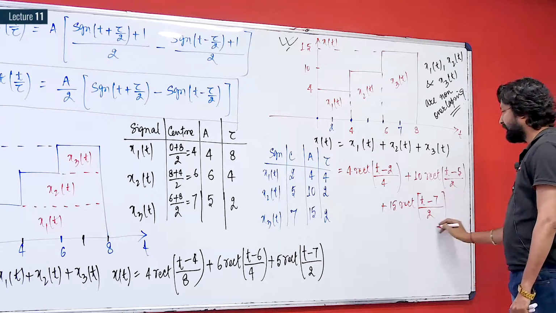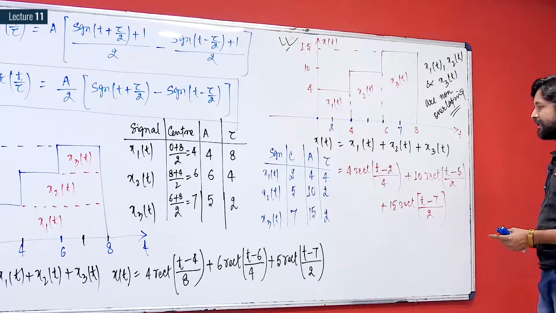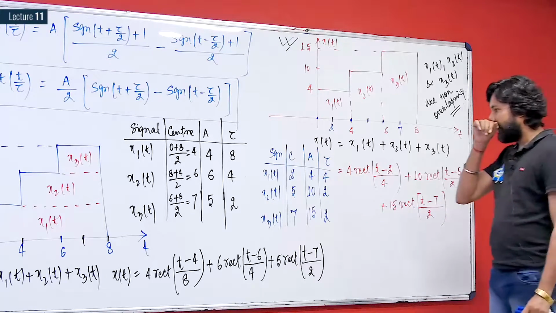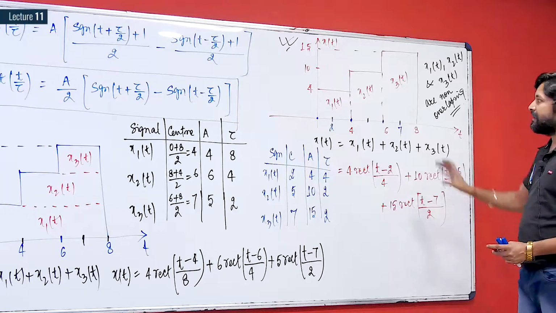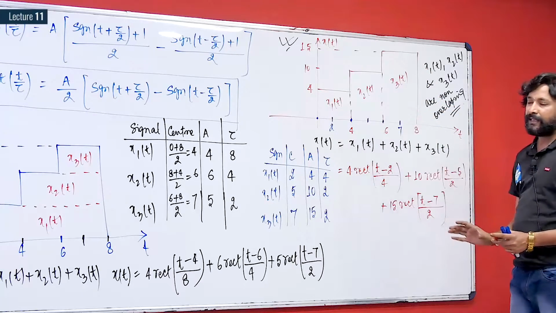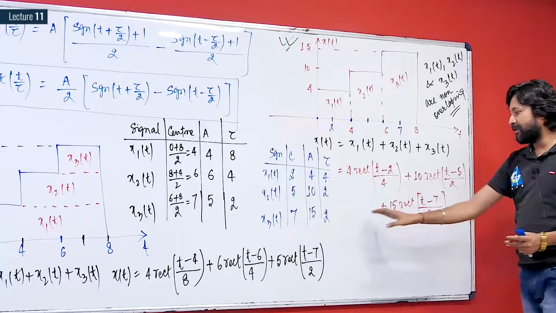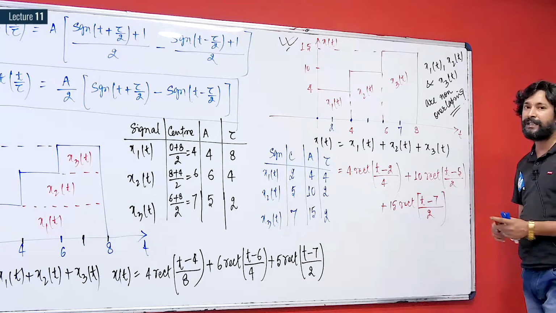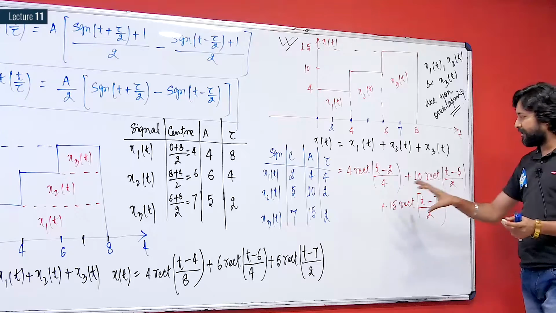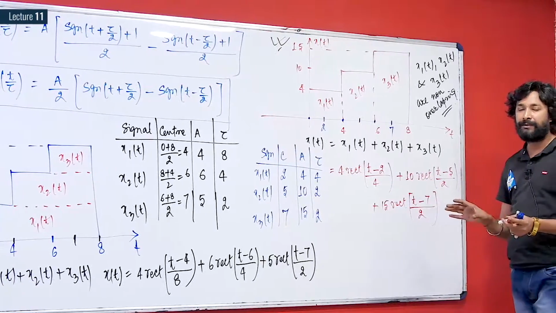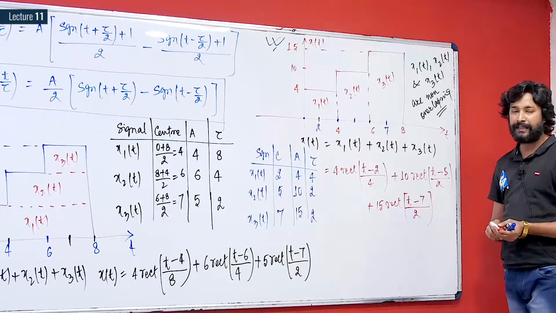So it will be (t minus 7) divided by 2. So we have taken the 3 rectangles in 2 cases, considering horizontal rectangles and vertical rectangles. These 2 values both are correct representations of the signal x of t, and using any of the representations, you can find the value of the signal at